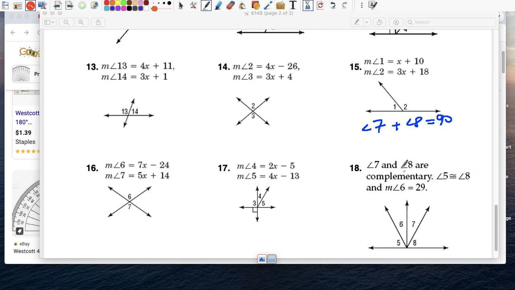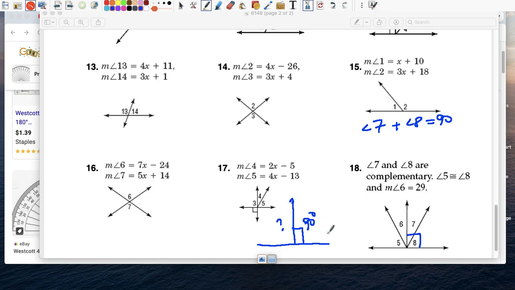That's basically what they're saying. They're complementary. They're telling you that angle 7 plus angle 8 is 90. There's a 90 degree angle there. Angle 5 is the same as angle 8. And angle 6. So again, let me go back. Let me take all that stuff out. So if I told you this was 90 degrees,